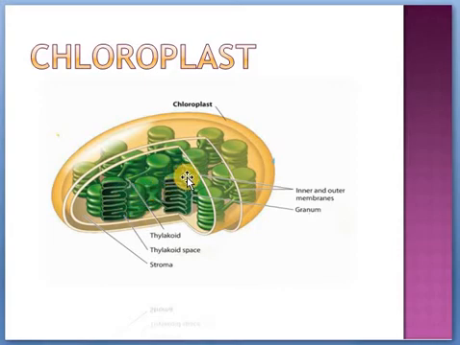Chlorophyll is present on the membranes of thylakoid. And stroma, what is stroma? Throughout this area there is a liquid matter, a ground matrix, a colorless fluid. That is what stroma is. So this is grana, this is thylakoid, and throughout this is stroma. Only these three things we are going to learn.